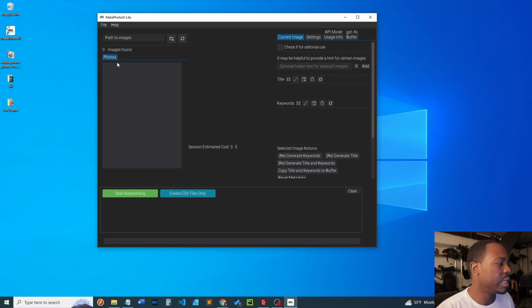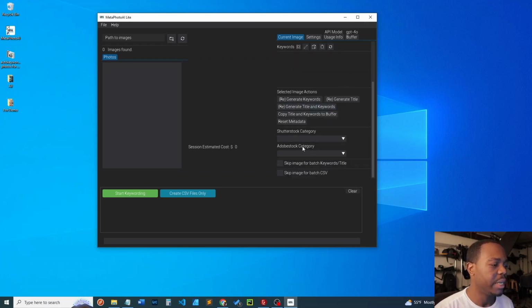So that's where you would select the directory. Once you do, you will see the photos here. If we come over, you will see we have different options. So you can do editorial images, and it will keyword and title them with the appropriate editorial title, the way it should be on Shutterstock. And you can select your